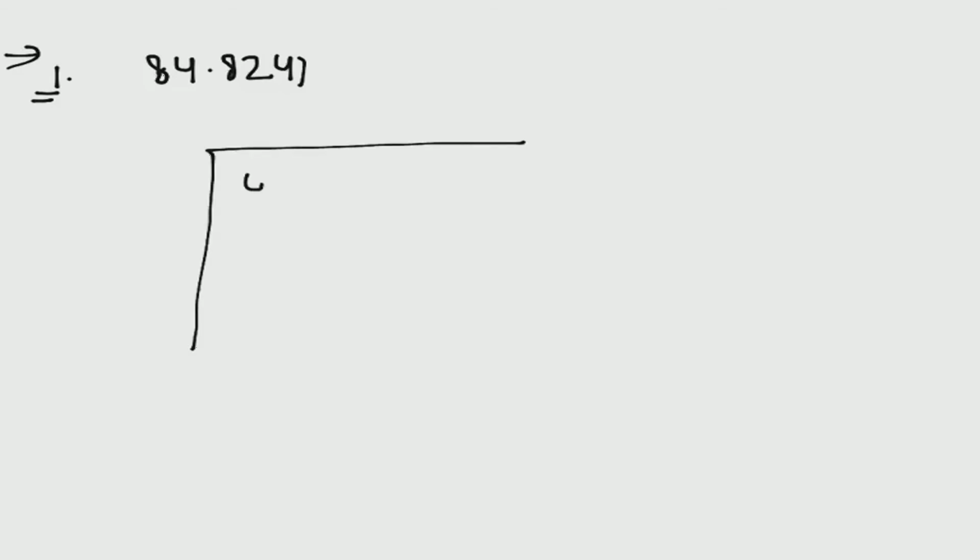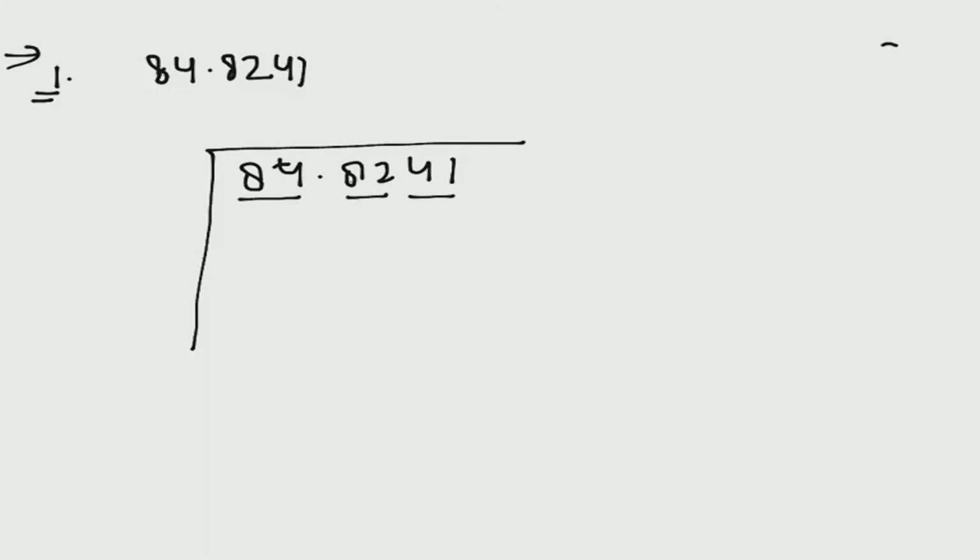Next we have to find the square root of a decimal number. The steps will be the same as those we use in long division. Here we have to concentrate on how we put the decimal in the answer. The first example is to find the square root of 84.8241 by long division. As we know, the first step is pairing. So we will make groups of 2, 2. So here we have 84.